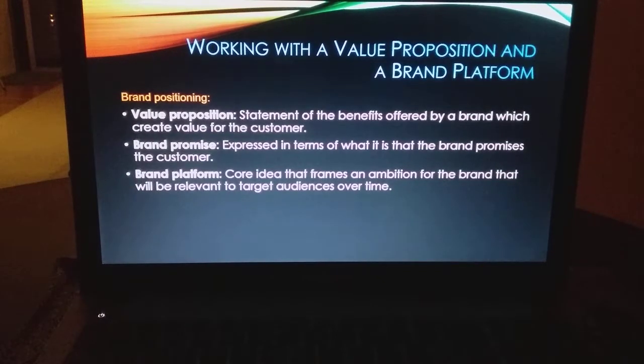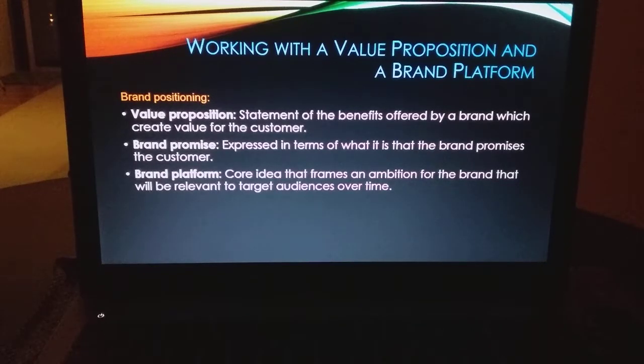Okay, so this idea of a value proposition. So a value proposition is a statement of the benefits offered by a product. Offered by a brand which create value for the customer. So what is it? Is it quality? Is it customer service? Is it variety? Is it availability? Is it delivery? What is it that you do better than your competitors? And then you have to say what your brand promise is. What are you going to give to the customer? Is it extended warranty? Is it long-lasting durability? That kind of thing. And then this idea of the brand platform, it's the big idea or the core idea